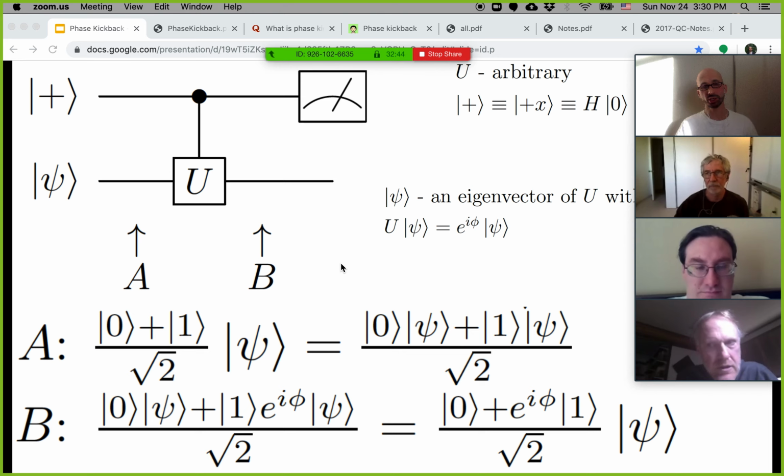What I'm saying is that the naming convention, control qubit and target qubit, is just a legacy of classical controlled operations. In the quantum case, both qubits are completely symmetrical, and we can talk about control qubit or target qubit only because